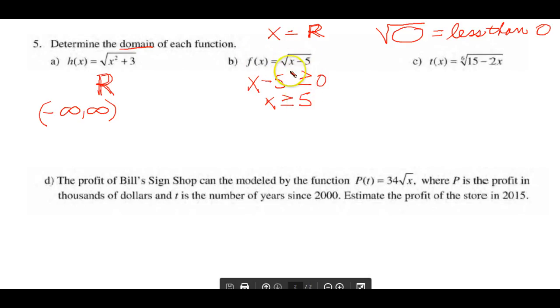So the domain of this would be, my wife is calling me, but anyway,